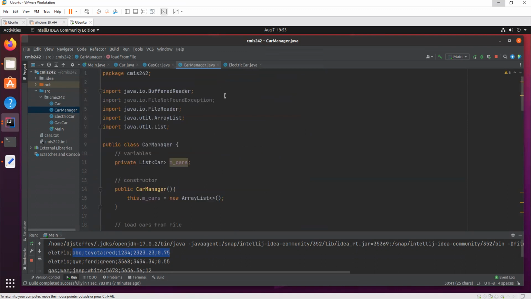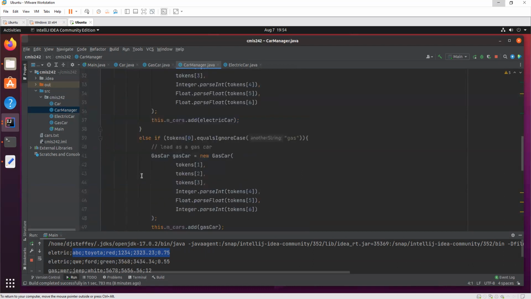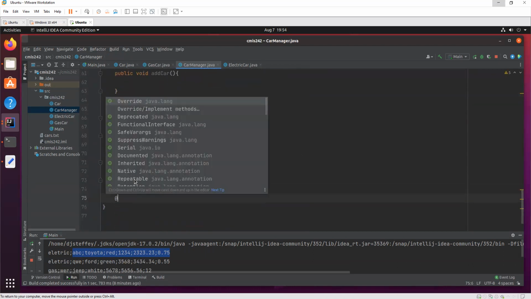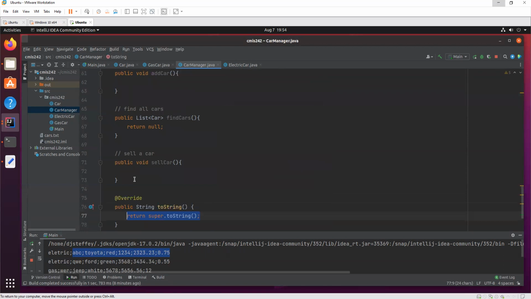So in our car manager, let's make the toString method. Remember, toString is usually what we can do to be able to see what is in there. So let's override the toString method. For the car manager, we're just going to have it print out all the cars.